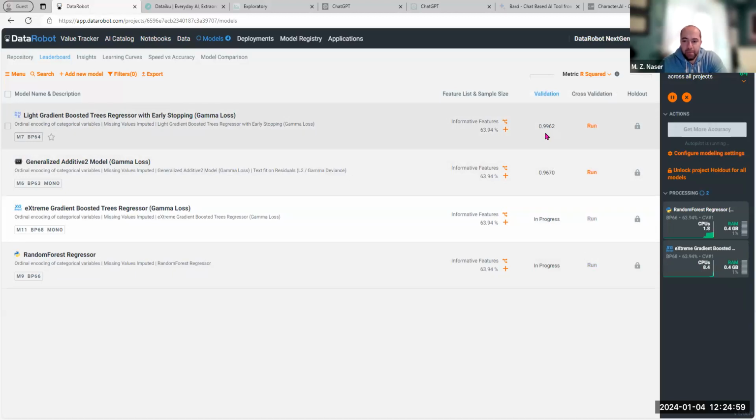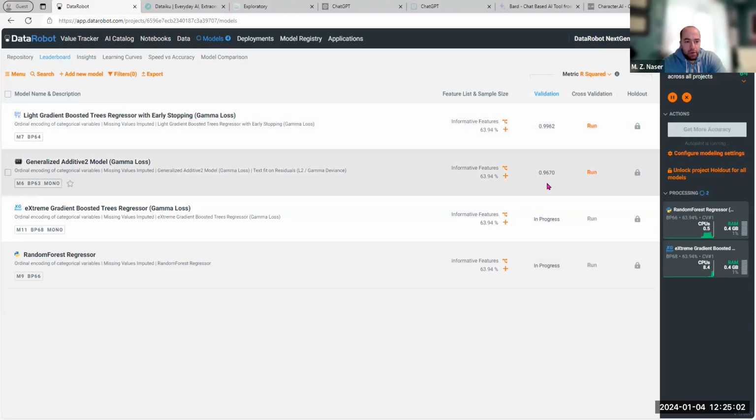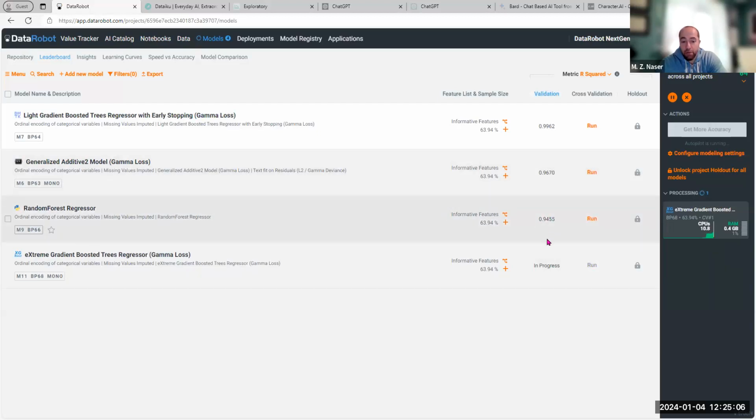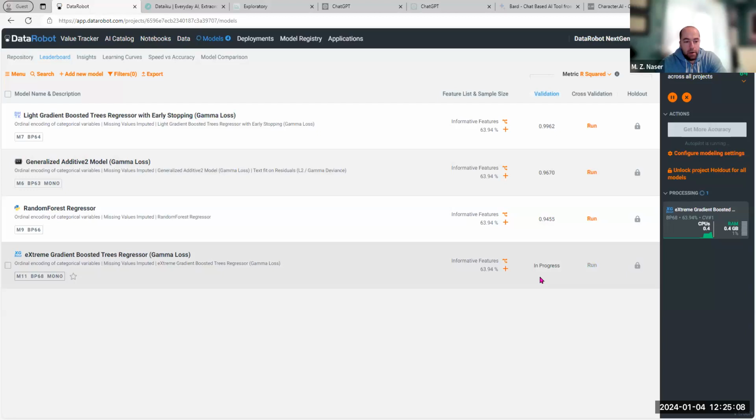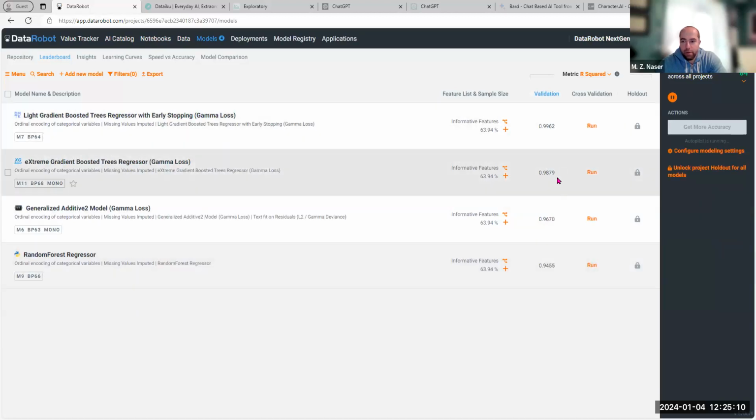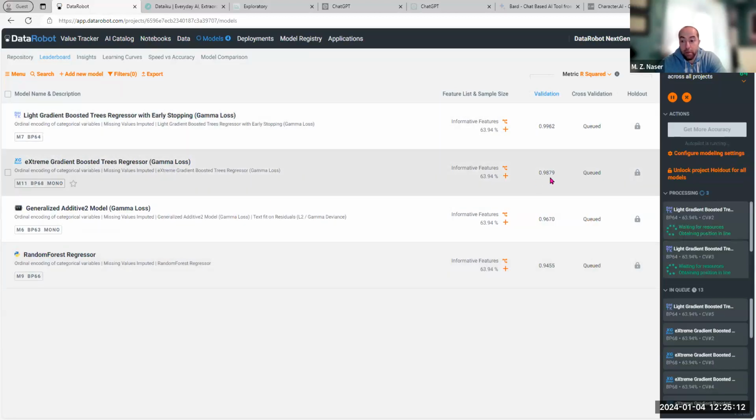Wow. 96 for GAMs with interactions. Random forest 94. XGBoost is 98. Then cross validation and holdout are usually left over until we're done with the analysis. But from here, you can learn a lot of things. So for instance, in this case, what we could do is